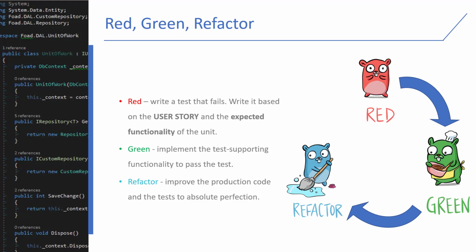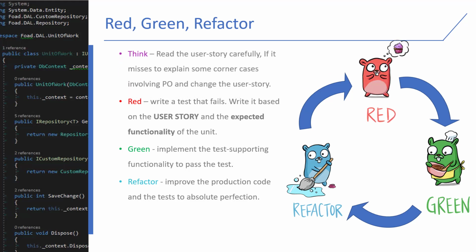And in the refactoring step, it is time to clean up your mess. If there is something to refactor, refactor it. If there is not, good for you. Now it is time to write another unit test. Okay, this is the original red-green-refactor, but I personally like to add something to it. For the first iteration, it is fine, but in the second iteration, when you want to start from red, writing a unit test, you should read the user story again and again,